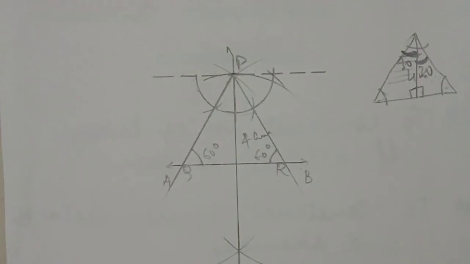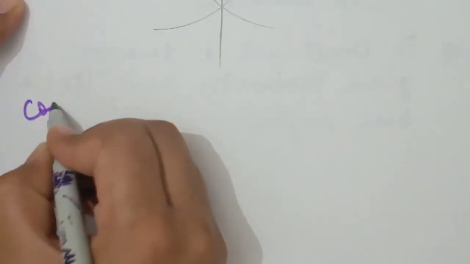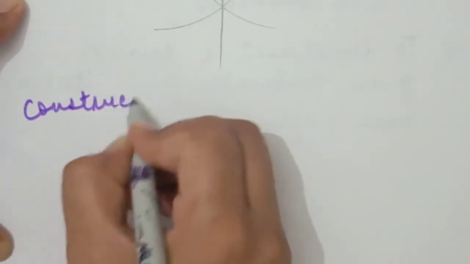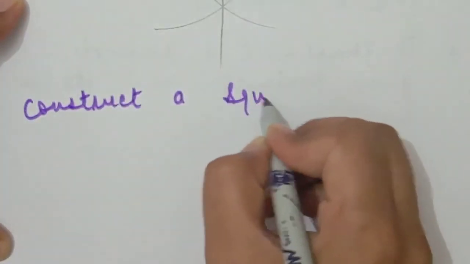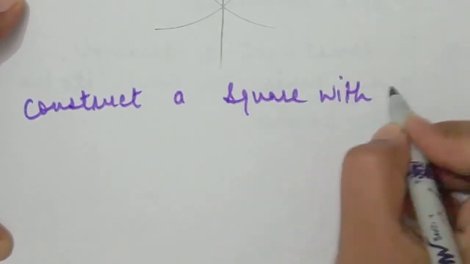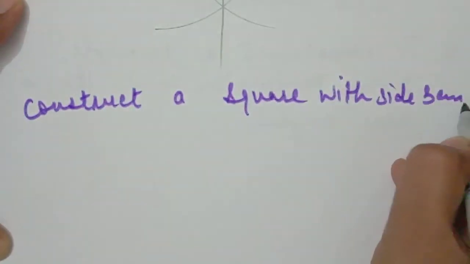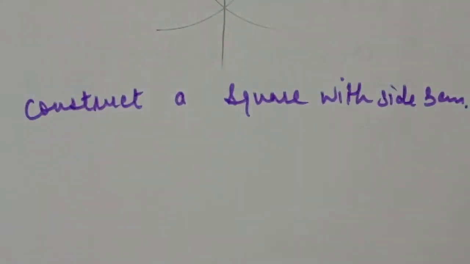Now the second part. In the second part we will learn how we will draw a square, rectangle and rhombus. They are very easy. In 8th standard you already learned them, but we need only a revision in this class also. Okay. So students, now we will draw a square. We will construct a square with side 3 centimeter. How will we draw a square when only one thing is given, the side 3 centimeter? So remember one thing.